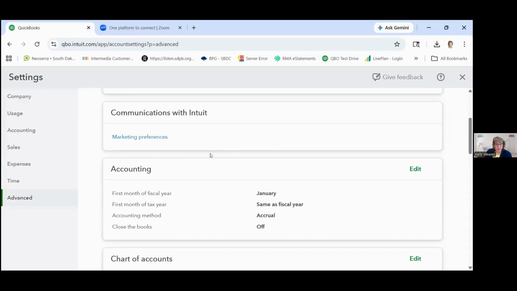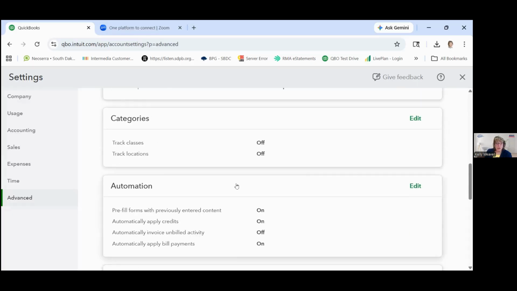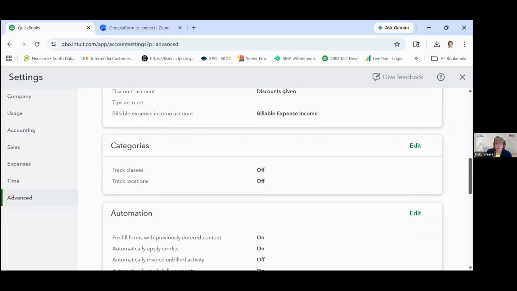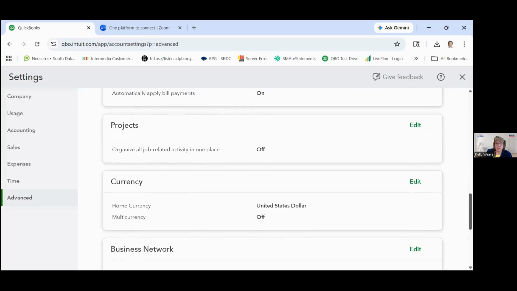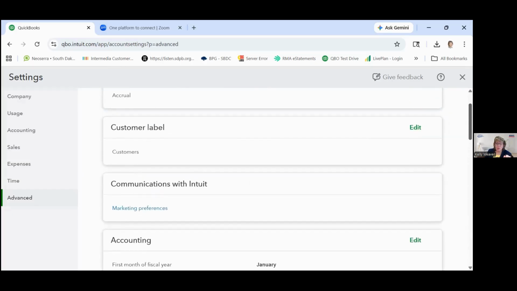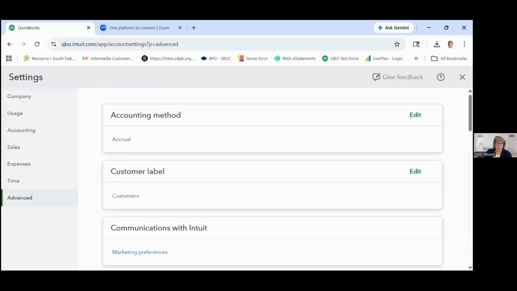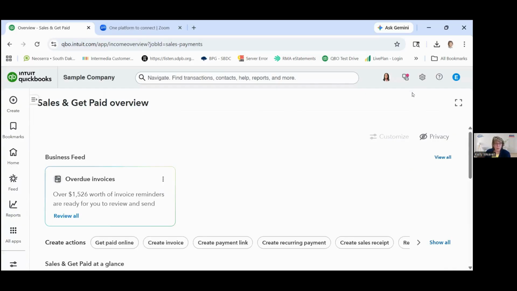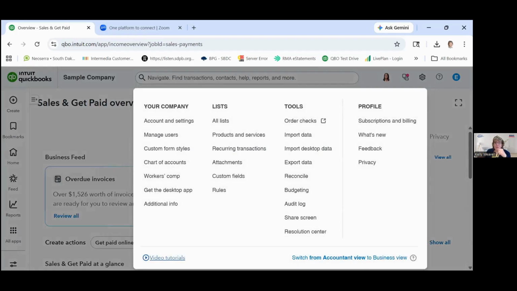The other thing that you can put in here, here's your fiscal year, your chart of accounts, other features that you can turn on and turn off. And I won't go through those because those are going to vary depending on what version of QuickBooks you end up having or are using. But that gives you a sense of the types of things that are in this setting that you can go customize. And again, take your time and work through that. Oops, I went too far out. Back to here.